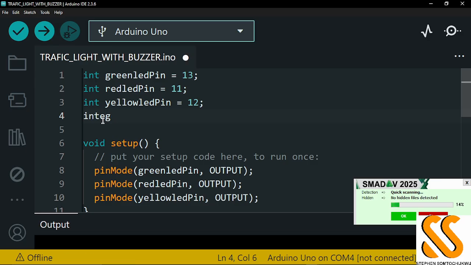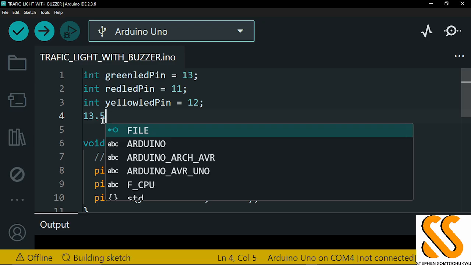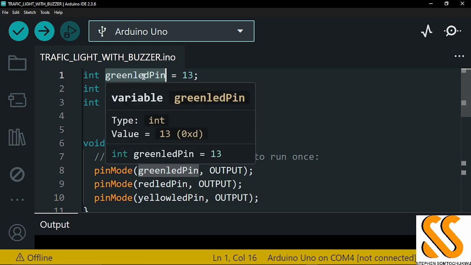And wherever you see int, it means that whatever comes after it must be a number, must not be a decimal like this. It must not have a decimal, it must be a number. So I declare int and name the variable green LED pin. Why I use green? Because this pin is specifically for the green lights, the green